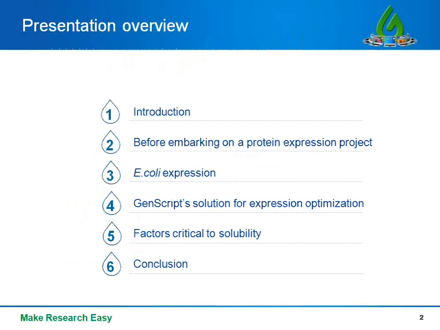So this presentation is broadly divided into 5 topics, and the conclusion. We'll do a brief introduction about GenScript, then look at the historical perspective of recombinant DNA and protein expression technologies. We'll discuss the topic today and look at some of the key aspects to consider before embarking on a protein expression project. We'll focus on concerns and aspects of E. coli expression and look at the solutions that GenScript has come up with to address some of the challenges in E. coli expression. Then I'll list out what we think are some of the most important factors that contribute to recombinant protein solubility, and then take a look at some case studies before concluding the presentation. I'll answer user-submitted questions towards the end.